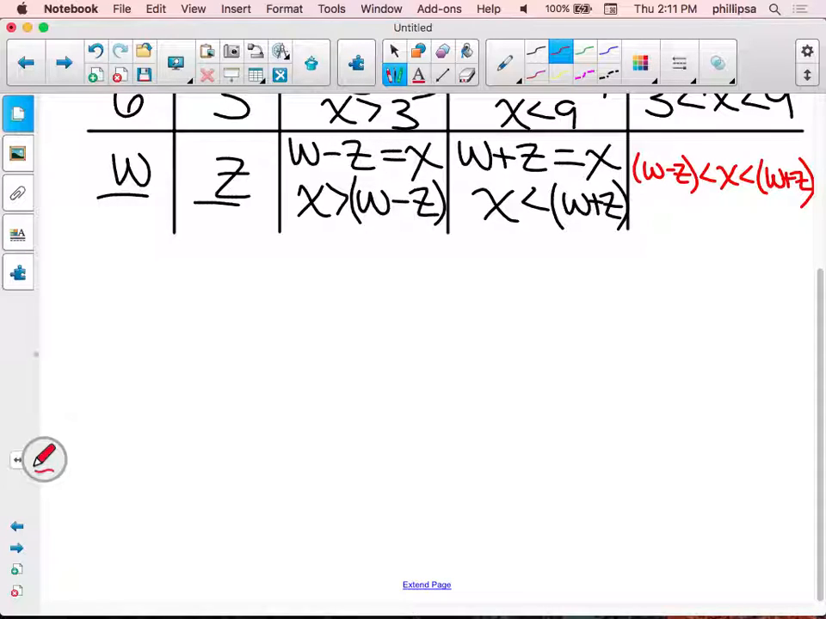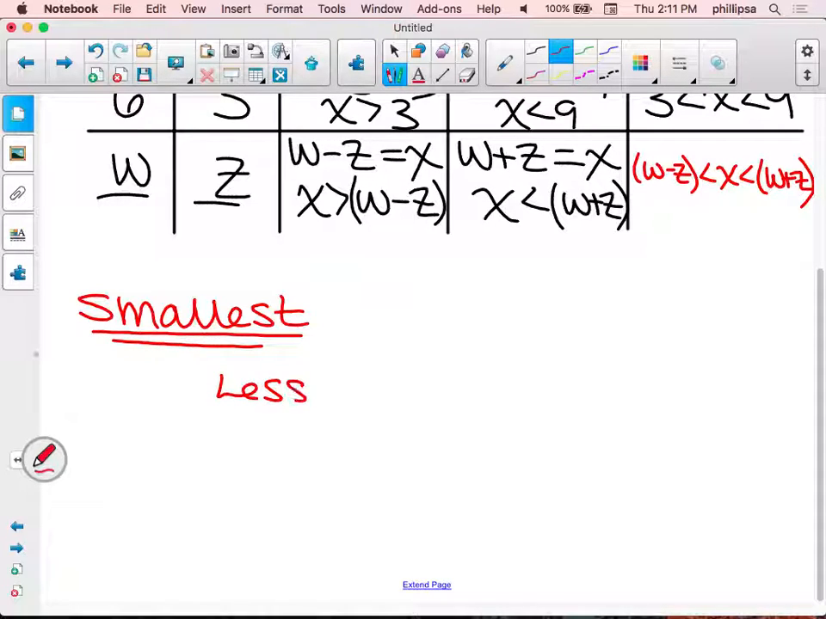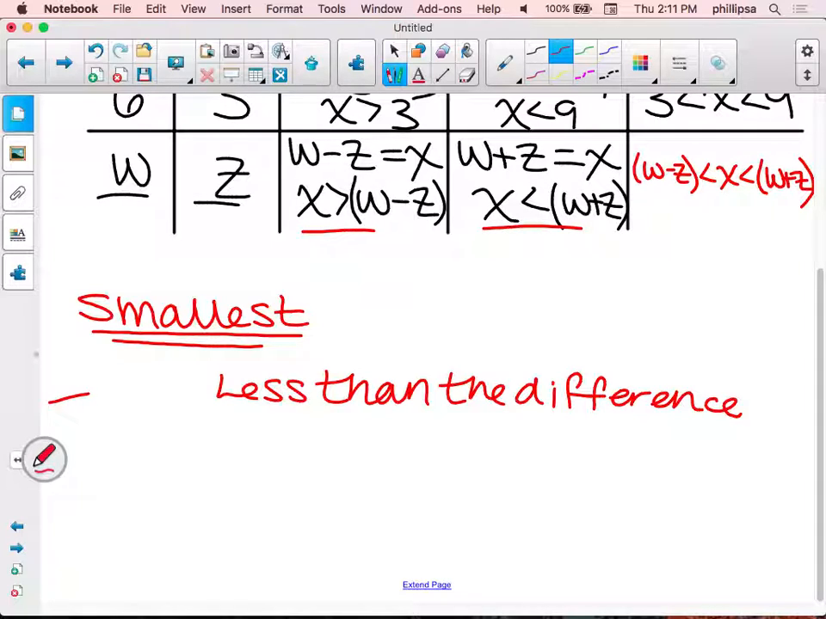And now I'm going to write it down in words. Don't feel like you have to write this down. It's only if you want to. Okay? So to find the possible smallest side, okay, that's where it has to be greater than the difference. I'm literally telling you in words what you wrote here, okay? To find the possible largest side, it has to be